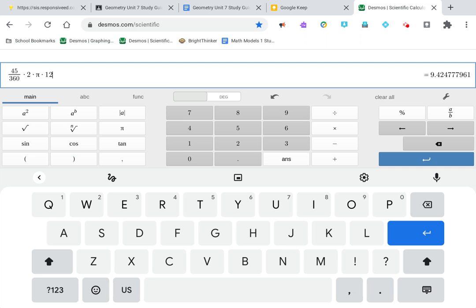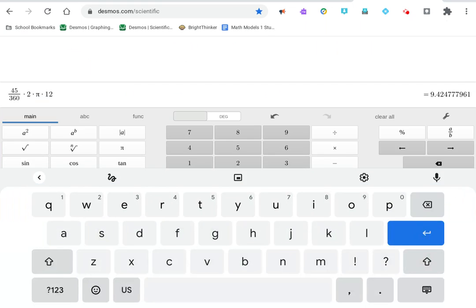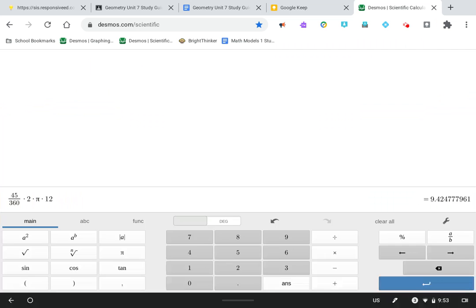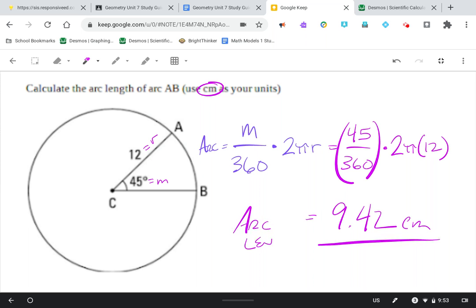So I've taken everything from our work here and plugged it into my calculator. Make sure you're plugging it in the way that you see here. And 9.42 is what I end up with. 9.42, and we'll call centimeters, it says right here, is the arc length